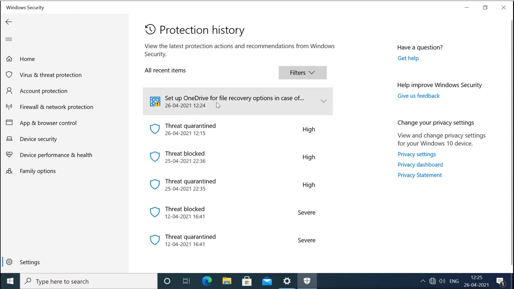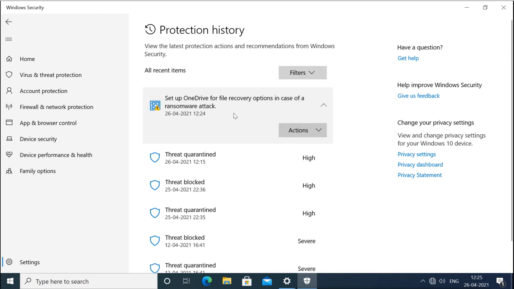Set up OneDrive for file recovery options. It is saying to set up the OneDrive file recovery option, so in case some ransomware comes and encrypts your files, you can still get your files from OneDrive. OneDrive is the cloud application that stores your files in the cloud. For enabling this, you have to set up your OneDrive and log in with your Microsoft account.